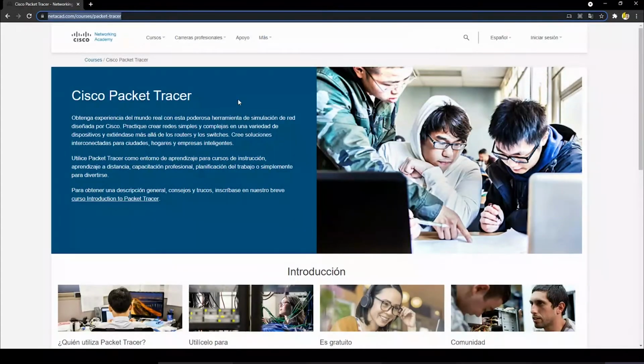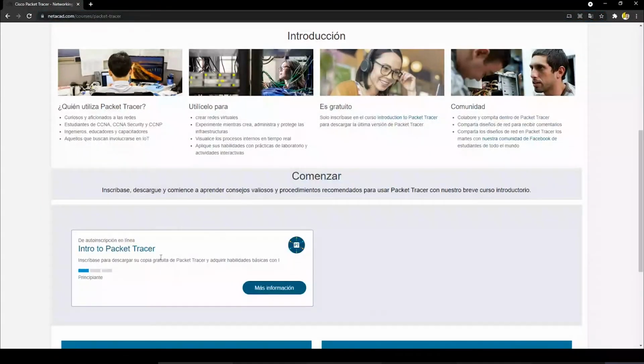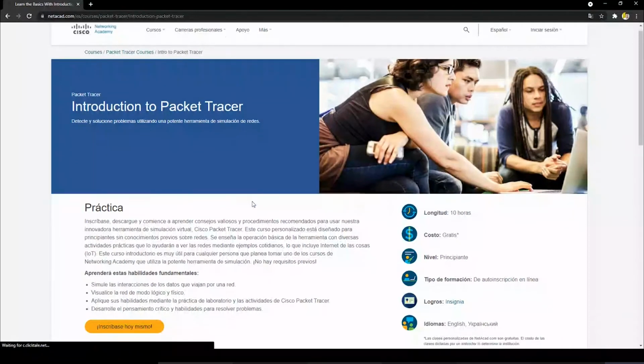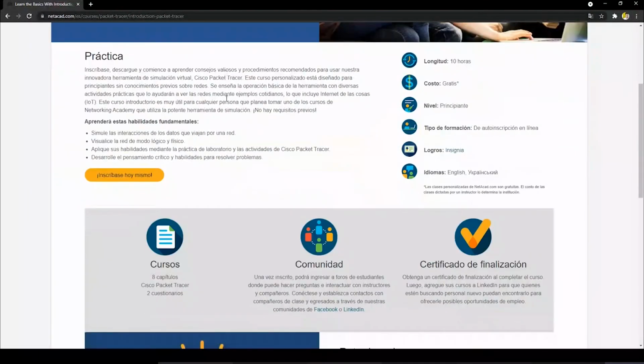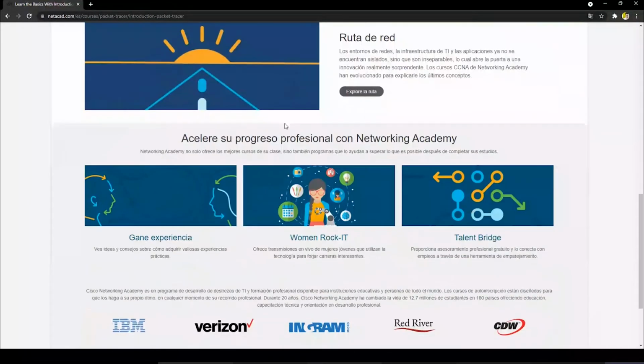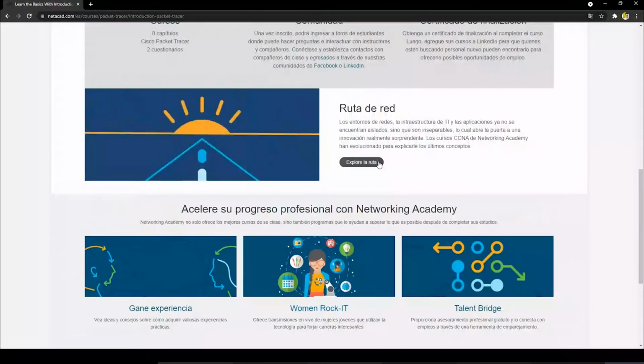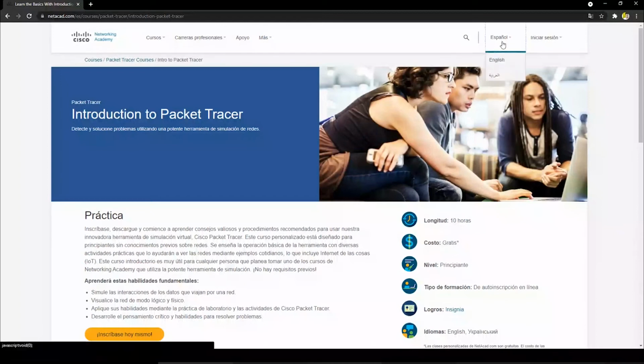It might ask you to create an account. It's free to register on the website, so you can simply create the account. If you click on the first course, Introduction to Packet Tracer, you'll be able to find the file for Packet Tracer.